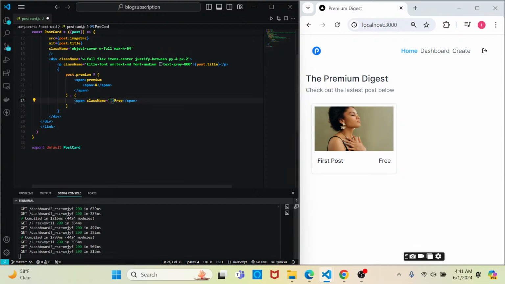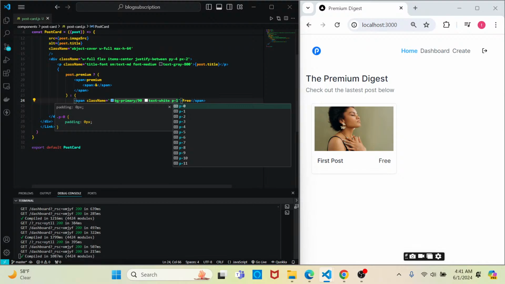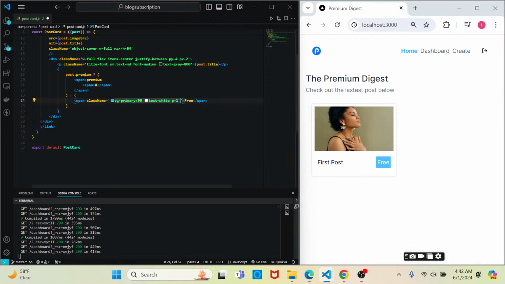We'll go class name bg-primary. We'll give it a shade of 90, and then we'll go text white, and padding of 1. Perfect, and then we'll go rounded medium. Yeah, that'll work. And then if it is premium,